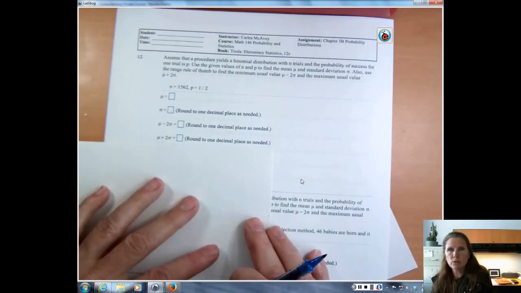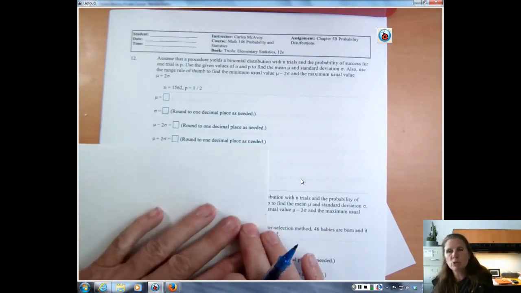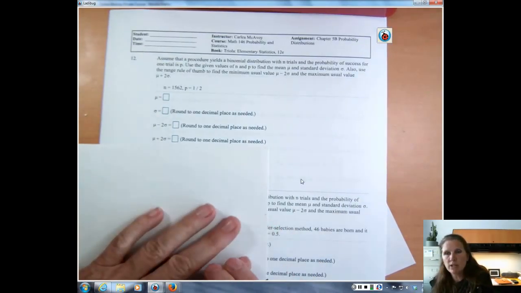Okay, assume that a procedure yields a binomial distribution with n trials, and the probability of success for one